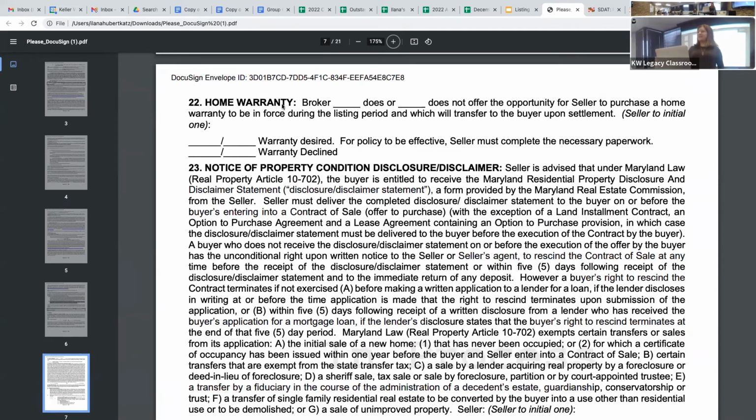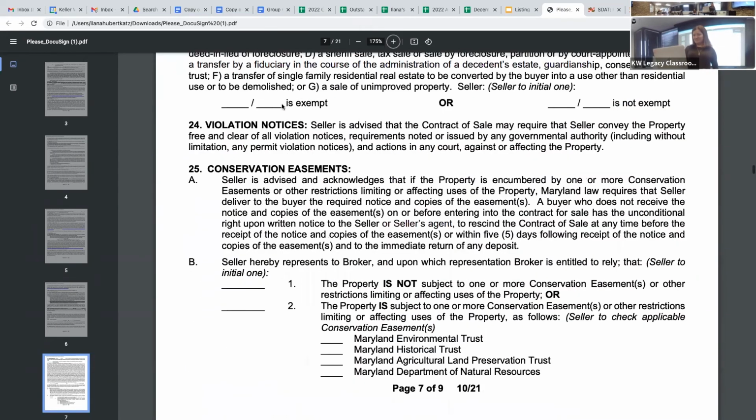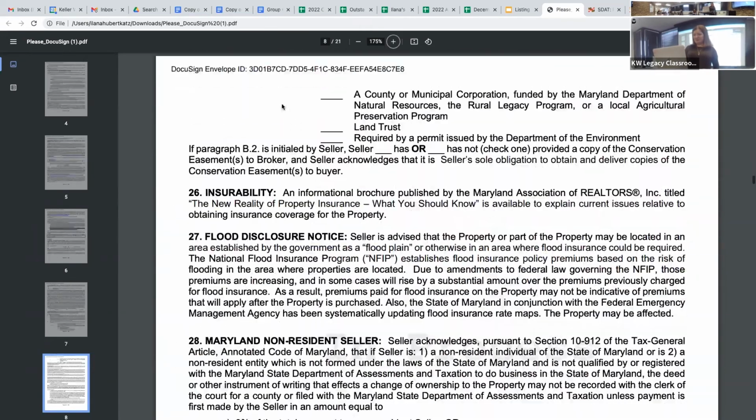Home warranty, this was a huge one back in 2018, 2019, where a lot of agents were offering home warranties as included in the sale of the house, because the market was very different. Nowadays, this is just educating your sellers to determine, do they want to provide this or not, right? Scrolling down,